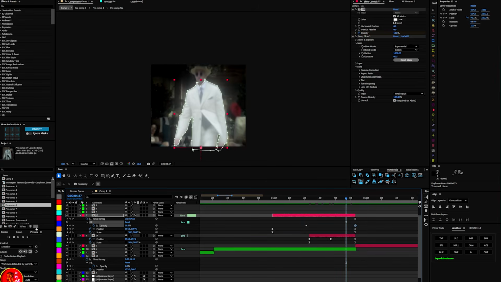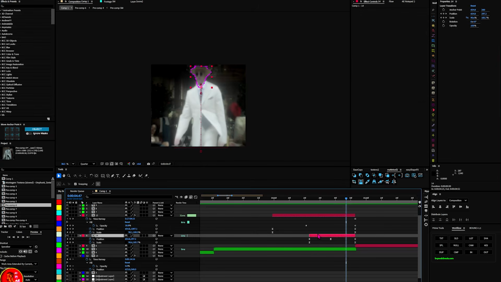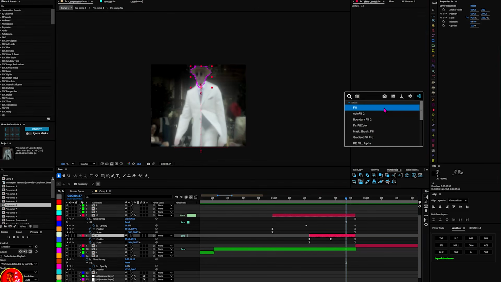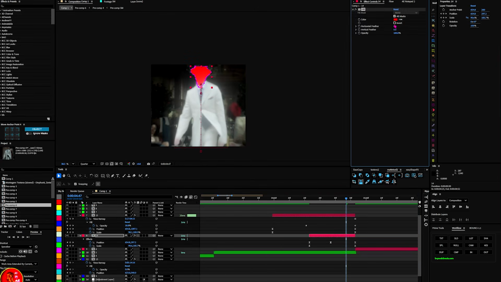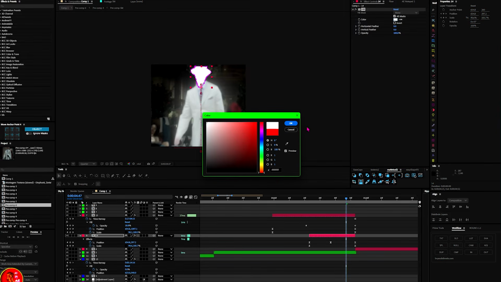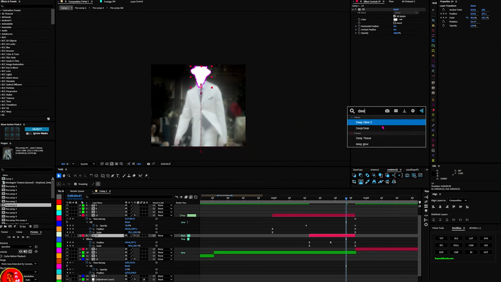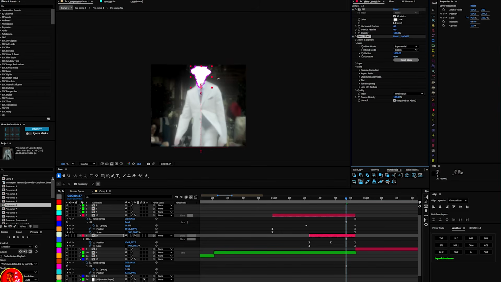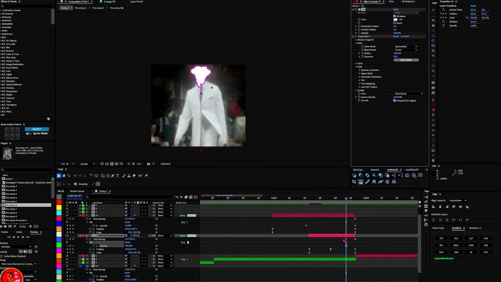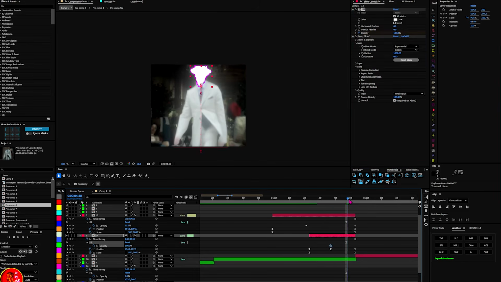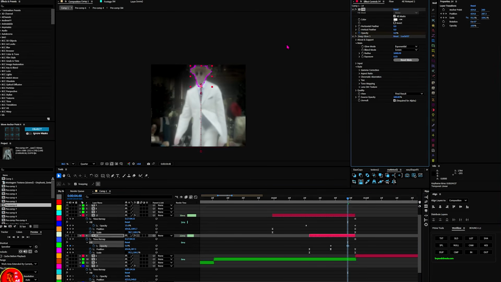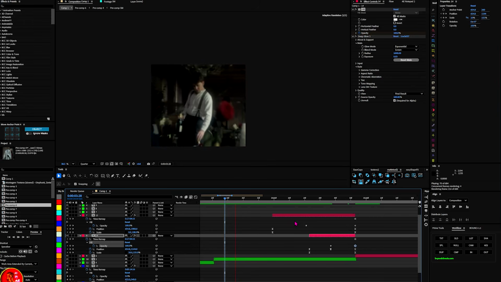And do the same for your masks for the head. So fill, all masks, white, deep glow. So make a keyframe for the opacity. Hit U to reveal your keyframes. Bring it to the side and change it to 0. Move it to the end. And if you play this,